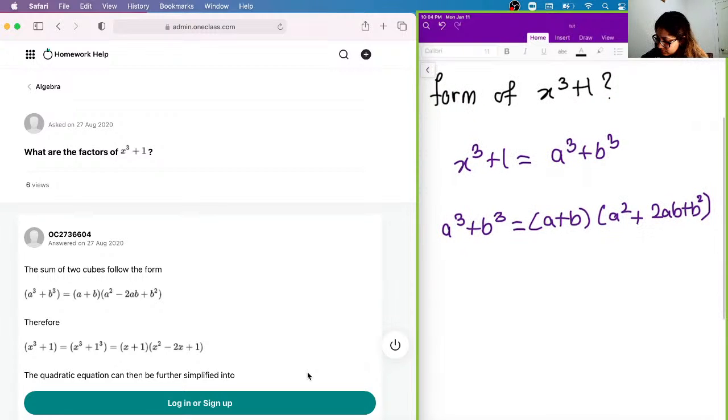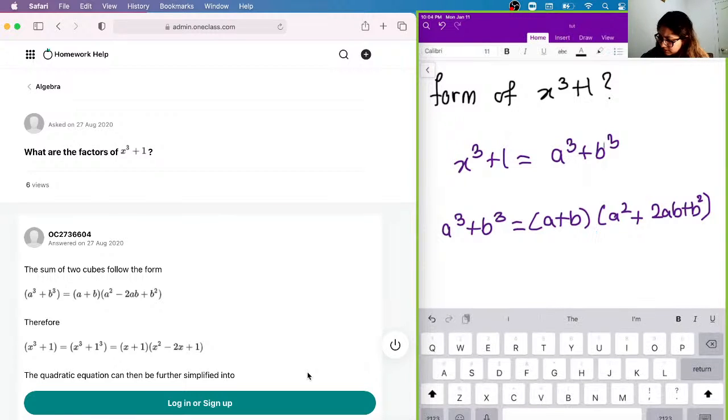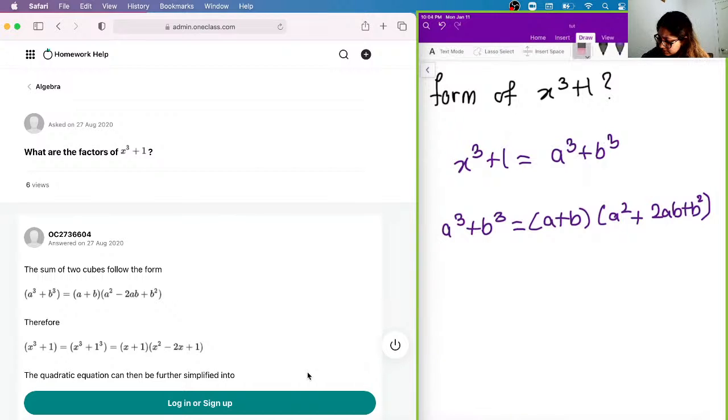No, sorry, I think this is supposed to be an ab. Okay. So to find the factored form of x cubed plus 1, we say let